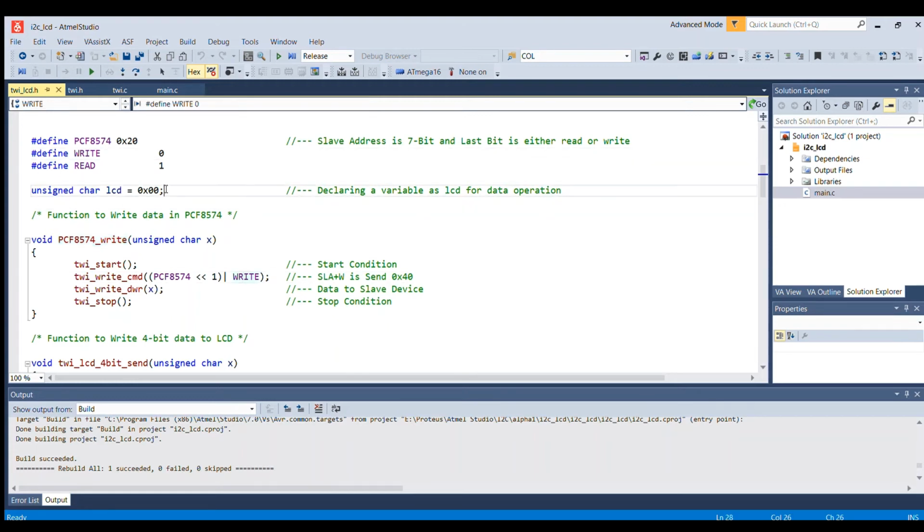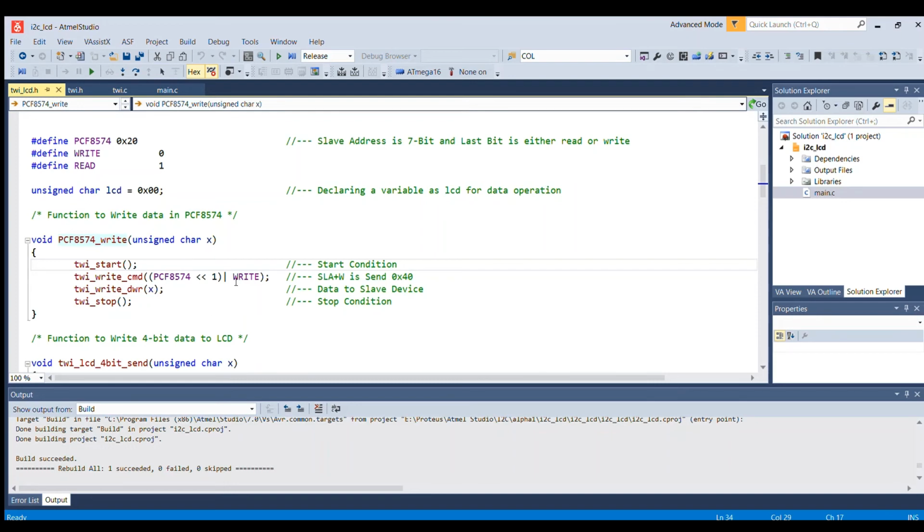The next function, PCF write, is the important function. Using this function we will be sending data to our PCF 8574 IC. To communicate with any I2C device, the first thing is to send a start condition to the slave device. After sending the start condition, we have to write the address, that is, tell the slave what operation we are going to perform on it.